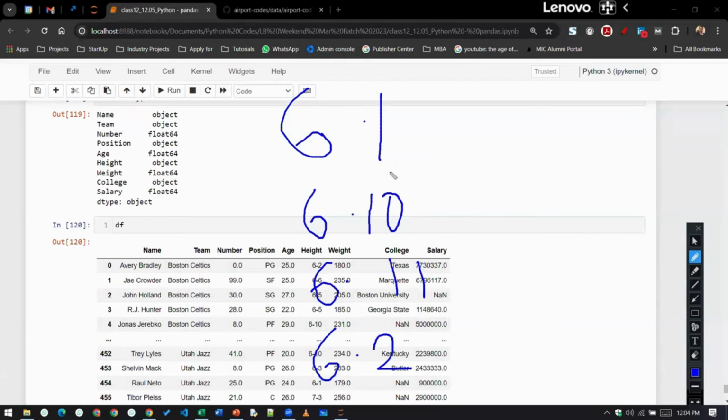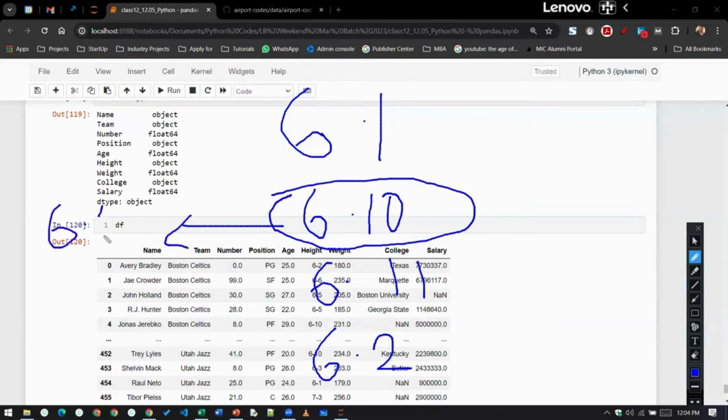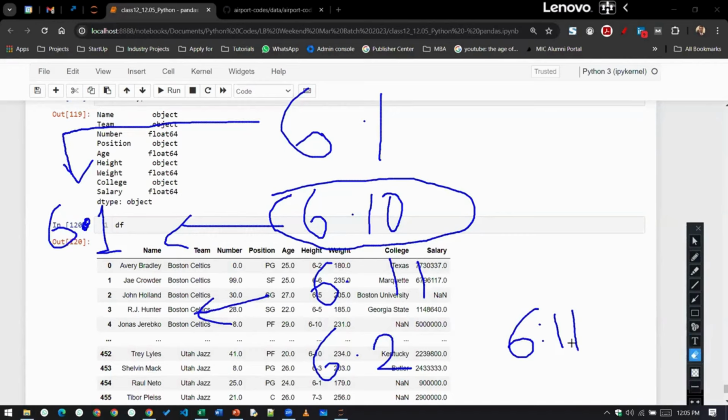So what will Python do? Python will convert 6.10 to 6.1. Are you getting the problem, class? So 6 foot 1 inch and 6 foot 10 inch will be the same for Python. Plus, Python will take 6.11 as less than 6.2. Got the problem? Plus, if we store this data in float format,